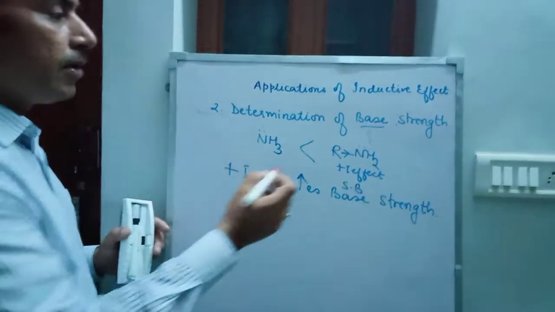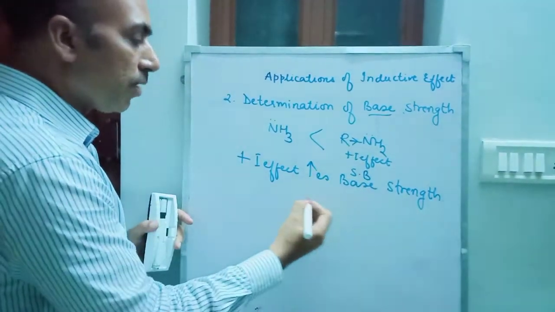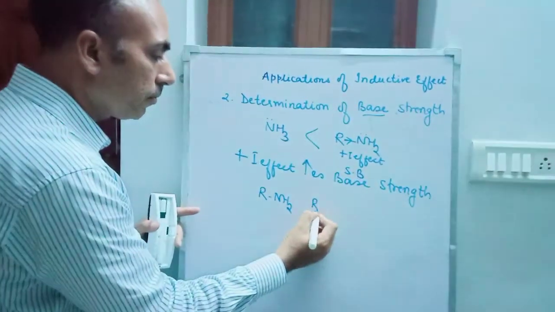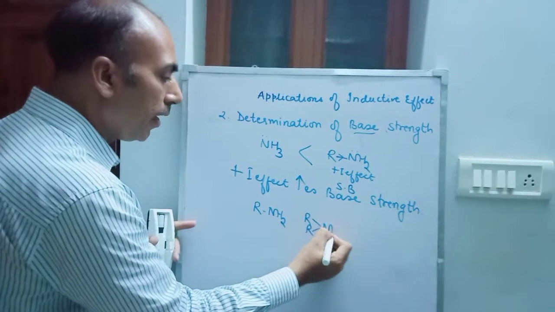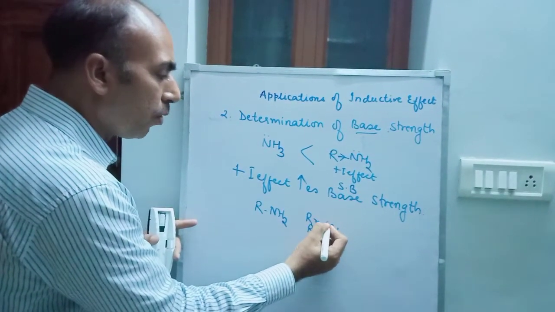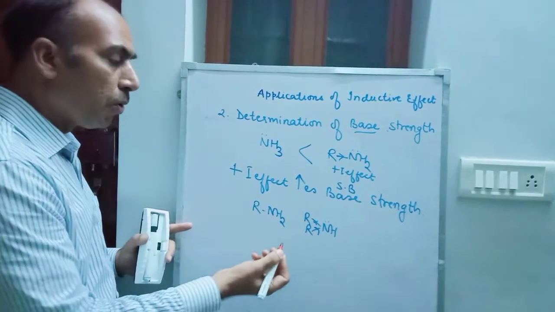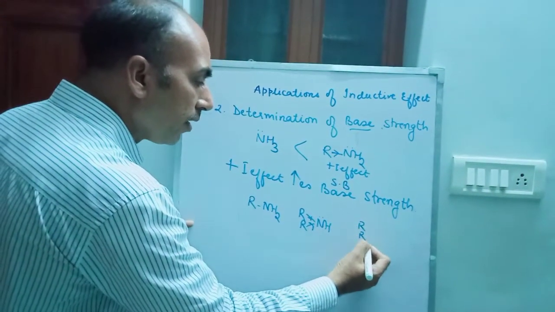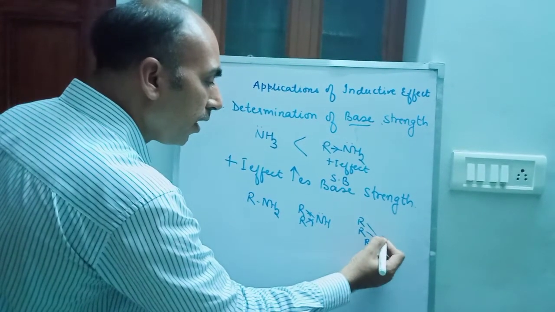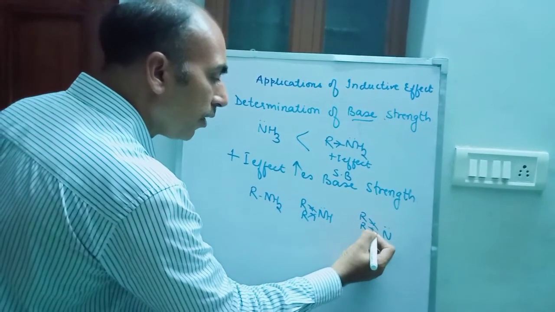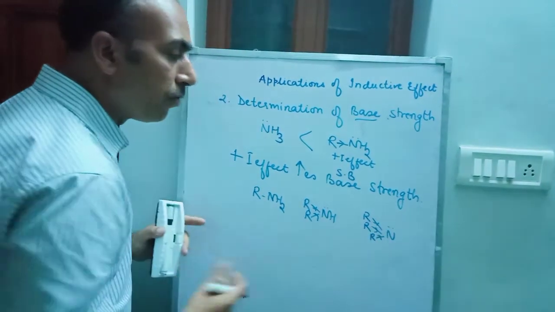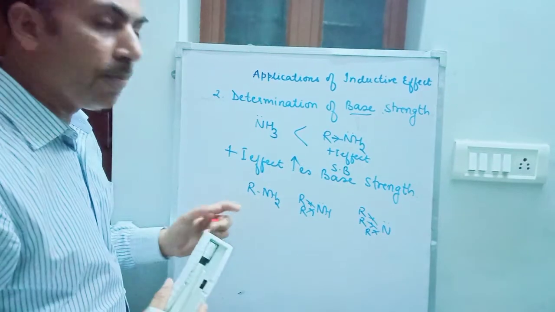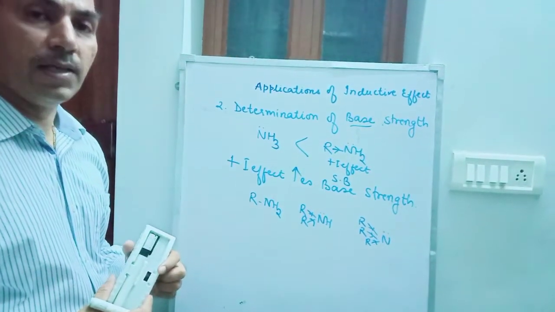See, we can think that if instead of primary, in case of secondary, there will be two alkyl groups. So due to two alkyl groups, plus I effect exerting groups are more in number, the density should increase more and its basic nature should be greater than that of the primary. And tertiary is having three alkyl groups where there are three plus I effect exerting groups. So the density on nitrogen will increase more and it should be a stronger base as compared to secondary and primary. But this is not the case.